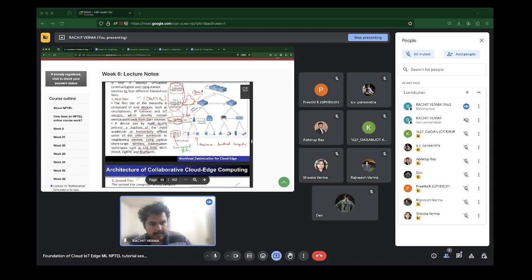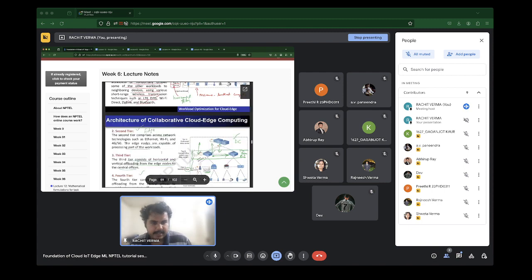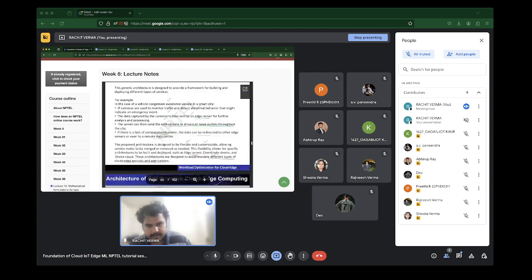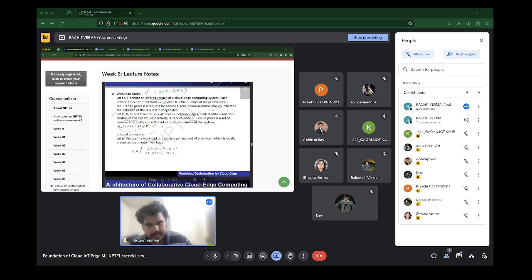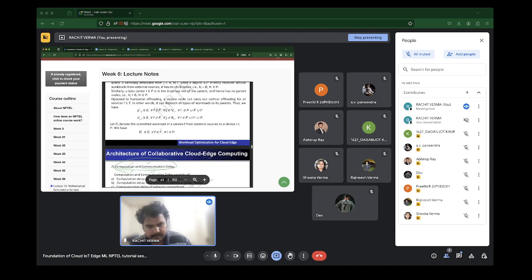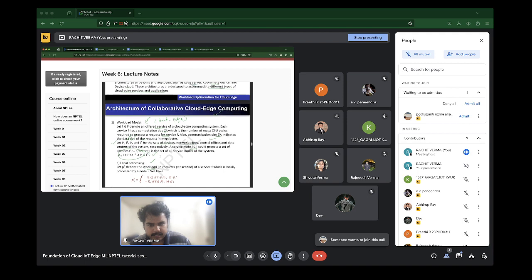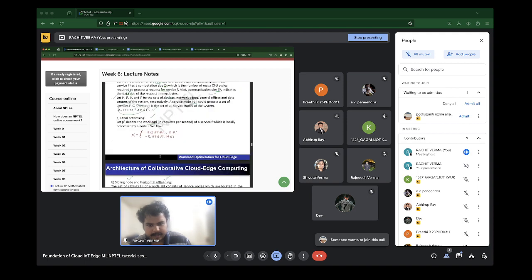We saw a simple architecture in which it was relevant. We saw each of the tiers in the vertical and horizontal offloading context. Then we saw how this could be formally represented in terms of its various components and some symbols.